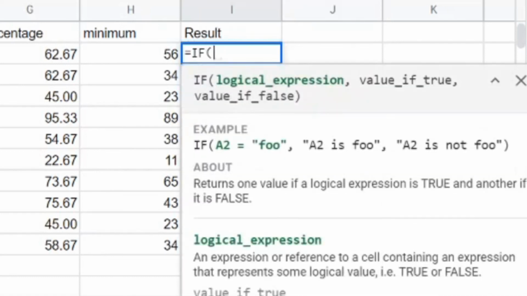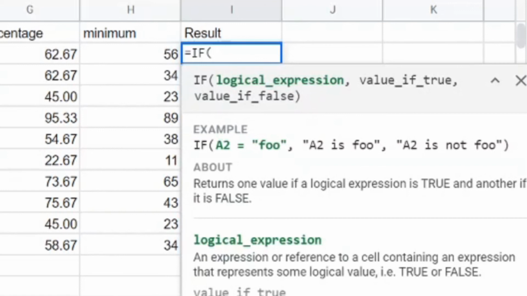Then give the bracket. After writing if, a hint will pop up about the syntax. So syntax goes like this: if bracket open, then we have to write the logical expression, then if the logical expression is true, we have to write whatever we want to display, okay, display or output, then comma, then if the logical expression is false, then bracket close.